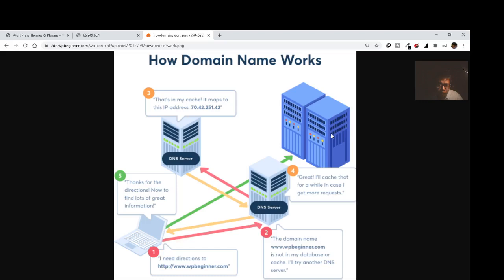So a website is made of files like HTML pages, images, URLs, and many more. The domain name is the web address of a website. Let me repeat it: the domain name is the web address of a website.